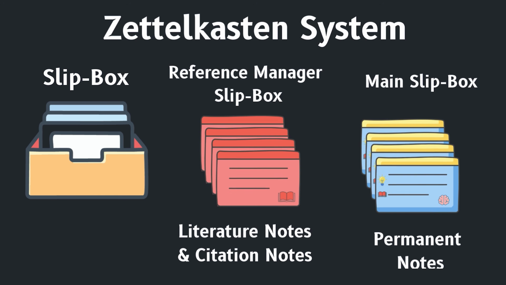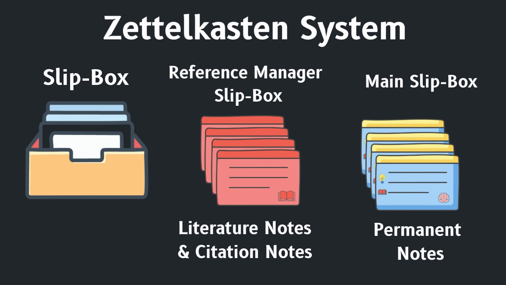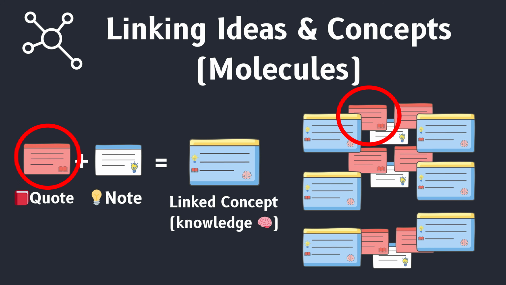In the physical system, Niklas Luhmann needed a way to keep track of index cards, the Zettels in his Zettelkasten. So he used a reference manager system where he could file index cards one after another and then use a separate reference system to identify where the information was coming from. That way, he could always look at his main slip box, the idea generating slip box, and he could find the specific reference back in the reference manager system. This is something we don't have to worry about in a digital system because Obsidian takes care of all of that, which I'll get into in a little bit.